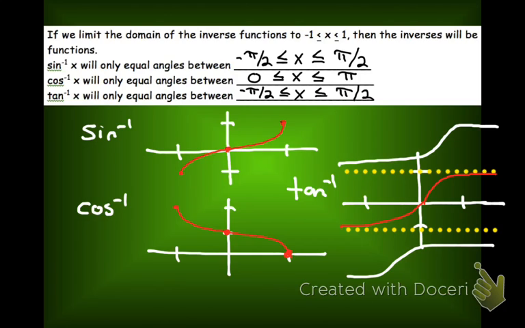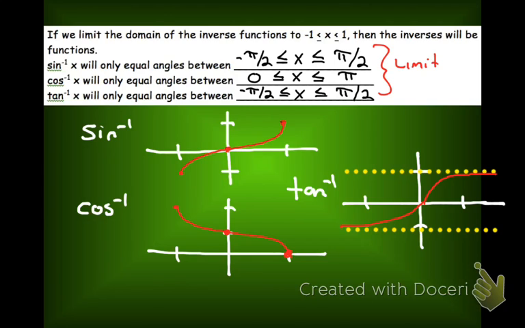So we've, again, limited where that goes, so we're only hitting one part of the graph. So it can be considered a function now on this limited domain. That's what this is actually called, a limited domain. So I would definitely make these sketches in there somewhere, even if they're small, just so that you know exactly